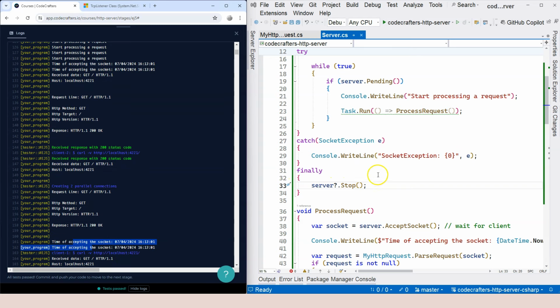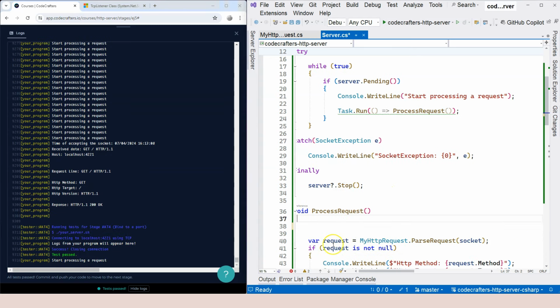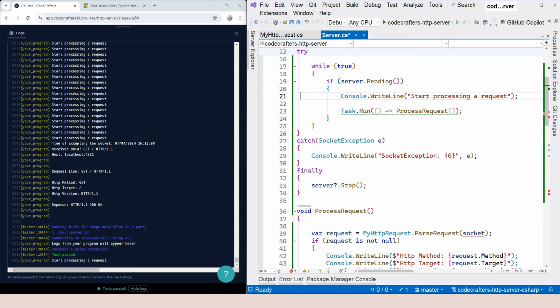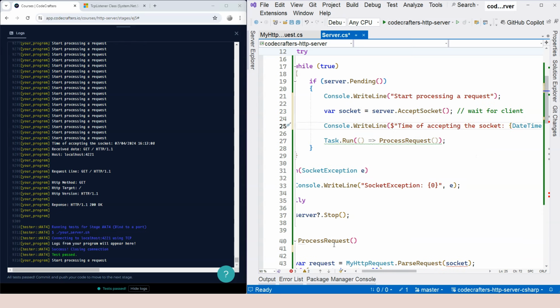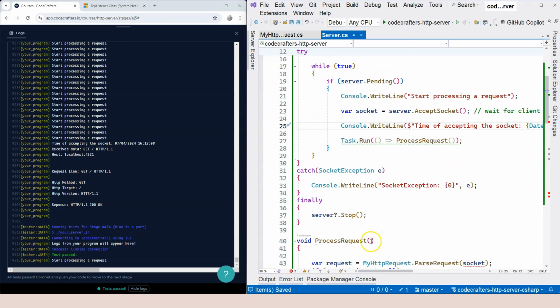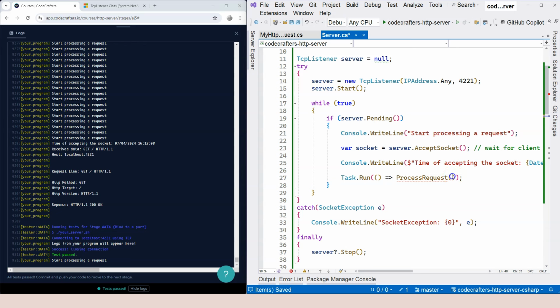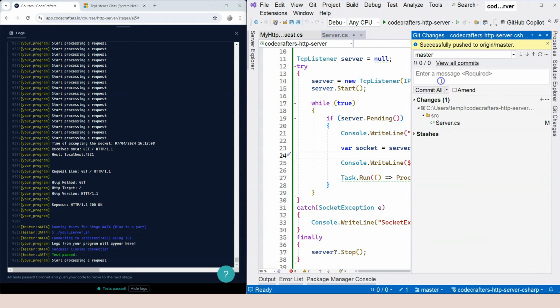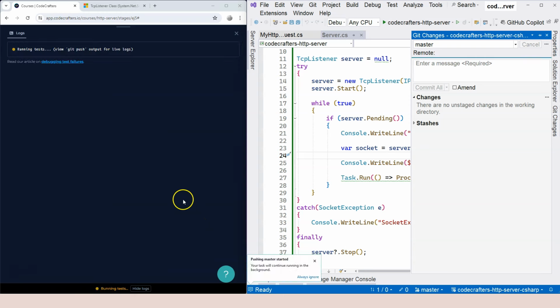But if we move this outside, let's move this outside. So outside of the process request, and just put it here. This is what they do in the code examples. And now I have a problem with the socket. Okay, so if I pass in the socket, right, then expecting that it's not going to truly run it asynchronously or concurrently. So let's give it a try and see. All right,